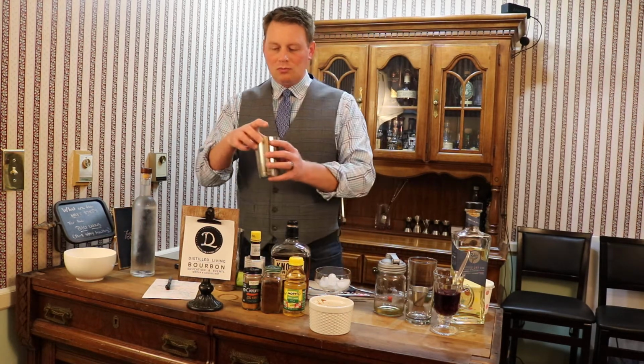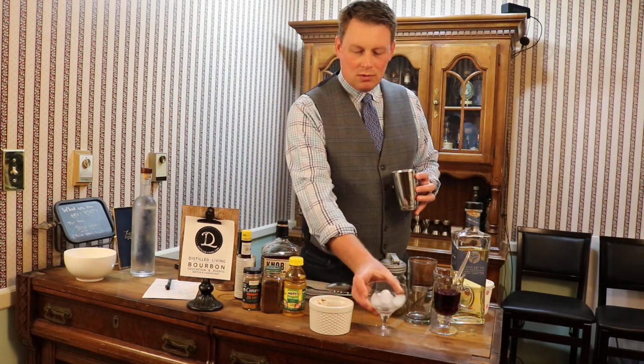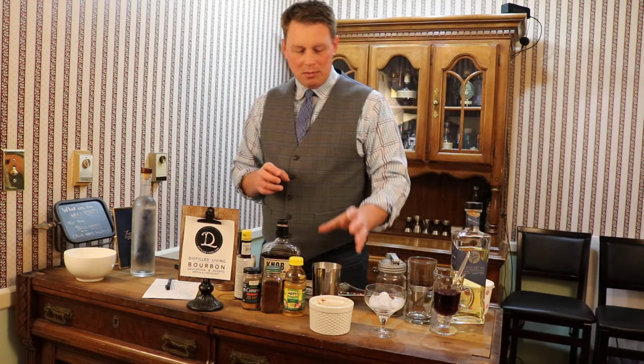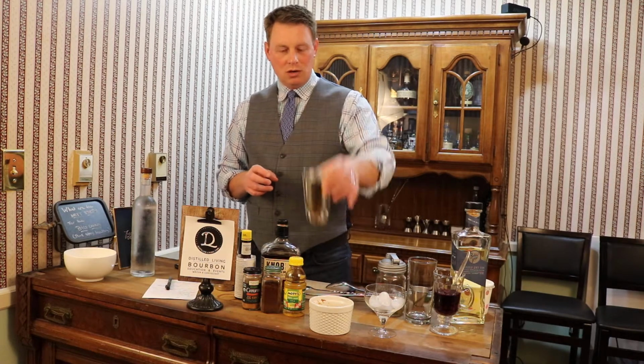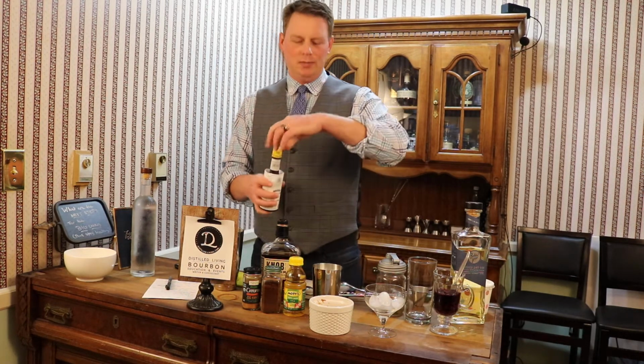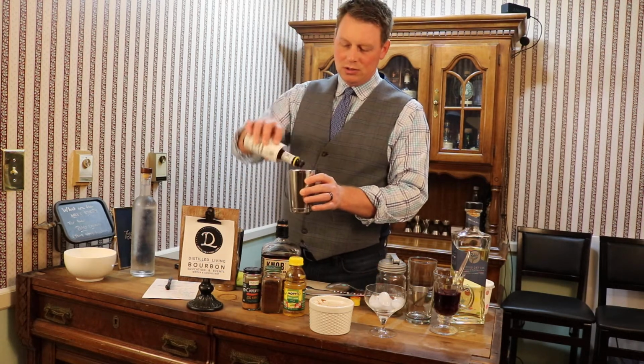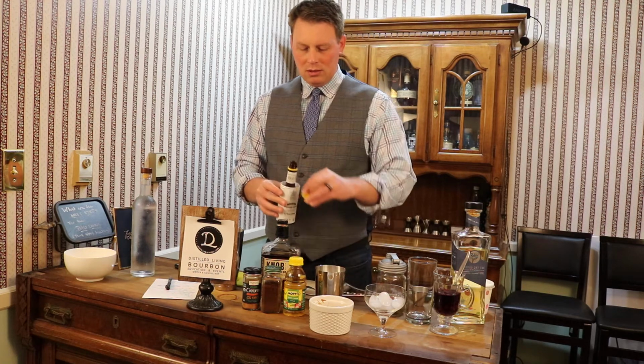So, I've got my glass chilling off to the side there, and I'm going to start with my shaker with a little bit of hard ice. And we're going to build this as an old-fashioned variant. So I'm going to start with 2 dashes of Angostura,